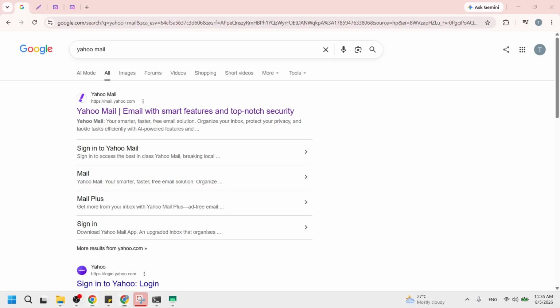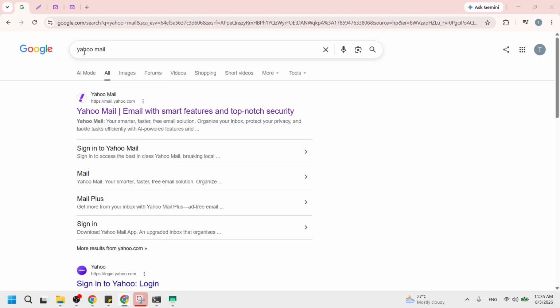In today's video, I'm going to teach you how to export email addresses from Yahoo Mail. We will walk through each click slowly so you can follow along on your own screen without getting lost. First, open your usual web browser, the one you normally use to check websites.